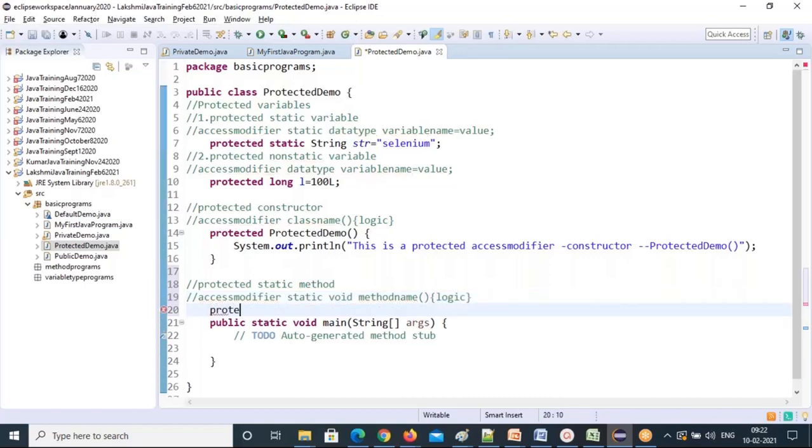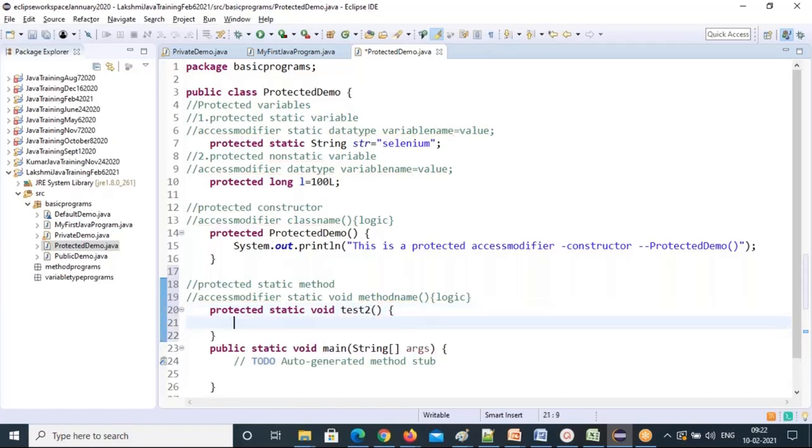So the access modifier is protected static void, and the test2 method. I can write simple logic here. This is a protected access modifier static method, test2.